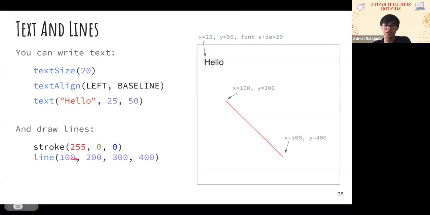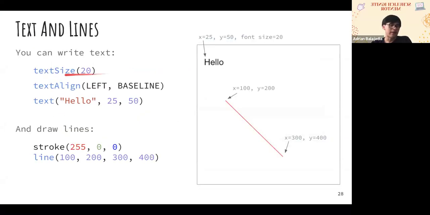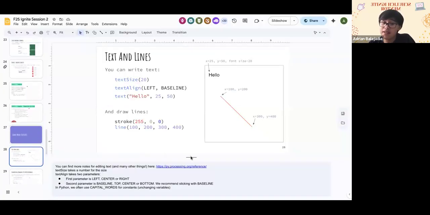And then you could also draw lines. What is it again? Okay, but regarding text and lines, I don't even know what this 25 and 50 does. Oh wait, that probably specifies the position and the font size. But if you go back into the speaker notes, if you want to find more notes about adding text or a bunch of other things beyond regular circles and rectangles,